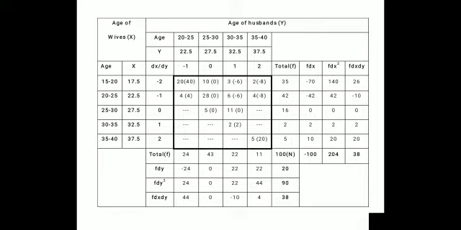In the same way, we have to calculate the other values of x also, that is 22.5 minus 27.5, that is minus 5. Minus 5 divided by the class interval gap, which is again 5, so minus 5 divided by 5 will give us minus 1. So the values have to be calculated in this way, and we will obtain dx and dy by following this particular step.